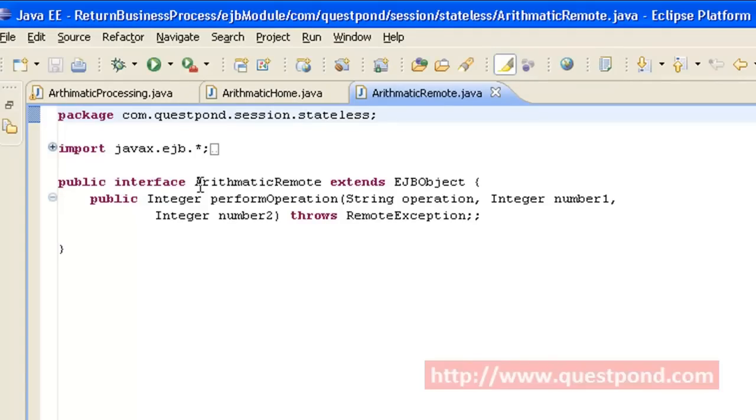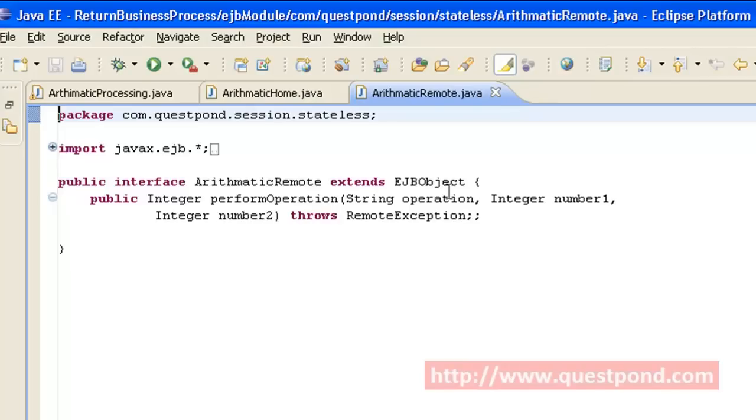The remote interfaces are used to expose the business functionalities provided by the EJBs. By segregating the interface and implementation, we have the advantage of changing the implementation without affecting the end client, since the end client always refers to the business functions exposed within the remote interface.